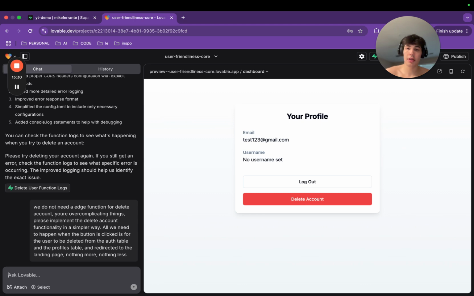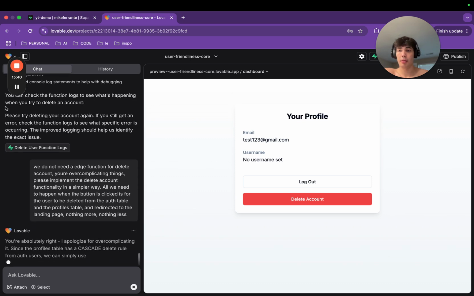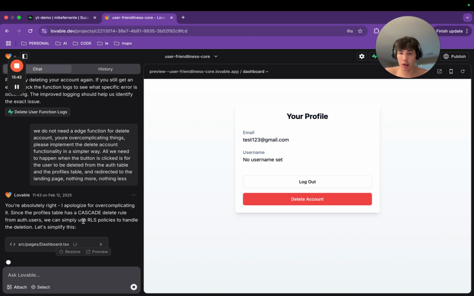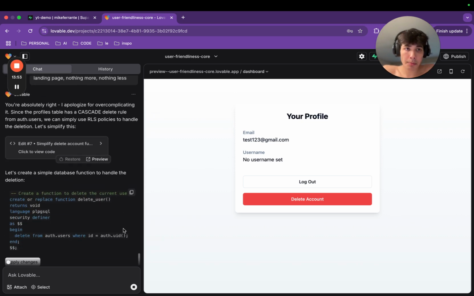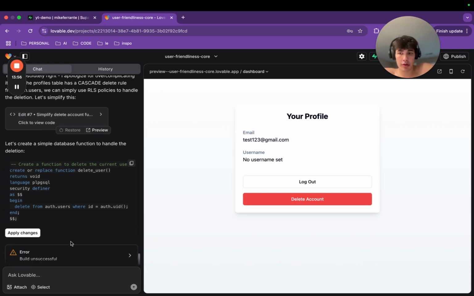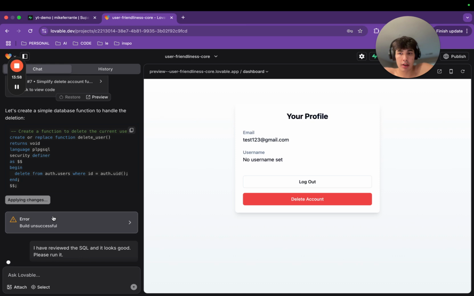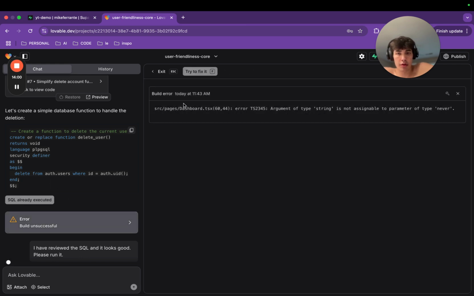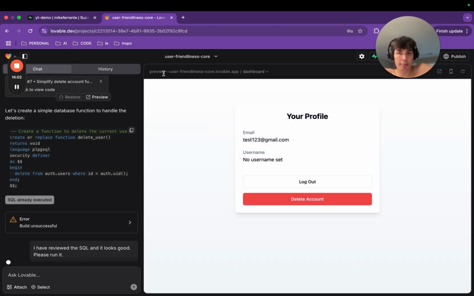Okay. So let's see how Lovable responds to this. It might say that I'm wrong, but I know for a fact I'm not. And yeah. So you're absolutely right. I apologize for overcomplicating. Since the profiles table has a cascade delete rule, we can simply use RLS policies. That's what I was aiming to achieve. So you don't need these complicated functions for something as simple as